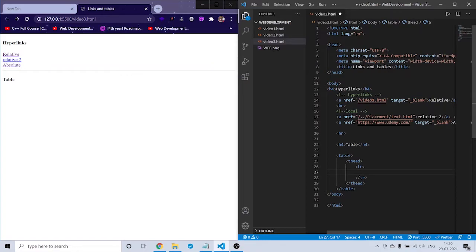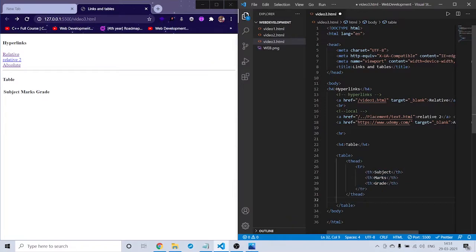And in that row tag we need to give the table data, which means as we are in the thead, I am going to give th, and in th the first is subject, and the second one is marks. I'm not going to give total marks and theory marks separately, and here this is the grade. You just need to save this and see here, these are the headings: subject, marks and grade. And now the head part is complete.